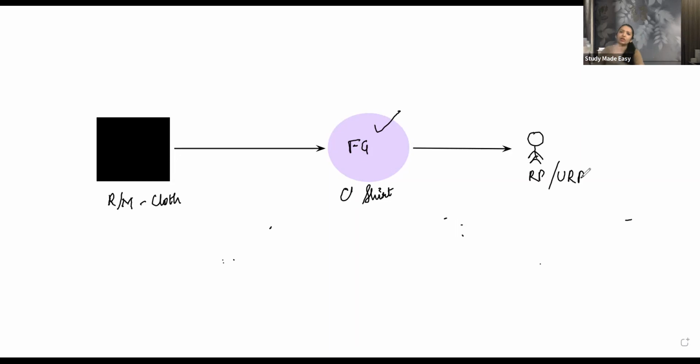And I have taken ITC on this asset: when I purchased raw material, I availed ITC. You understand the meaning of input tax credit? So when I purchased raw material, I took ITC. Now when I am permanently transferring this shirt to this person,